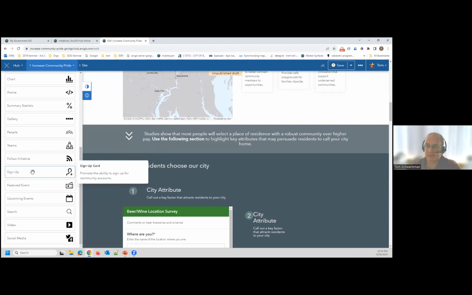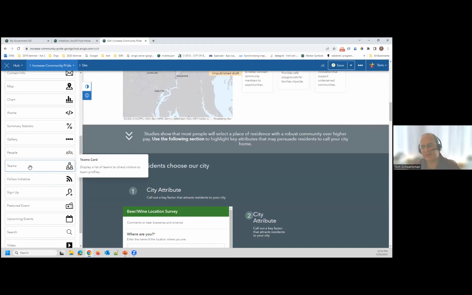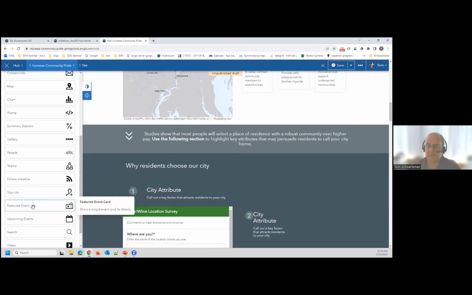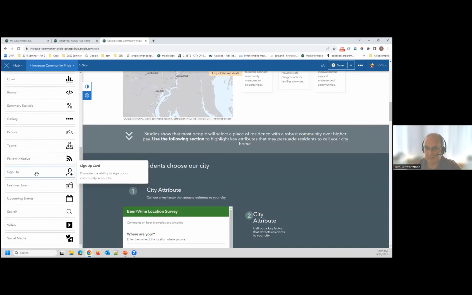And then there are some things that are focused for premium. The ability to follow is a premium thing. We mentioned that, right? You have to have a way to attach a person to this. That's using a login, and that's a part of premium. You don't have to use a community login to follow something. You can use an existing ArcGIS Online login, but the whole following thing is part of premium. The event pieces are all part of premium. There's a calendar in here somewhere that I'm sure I can't find in the moment.